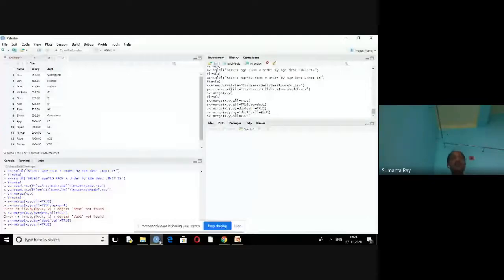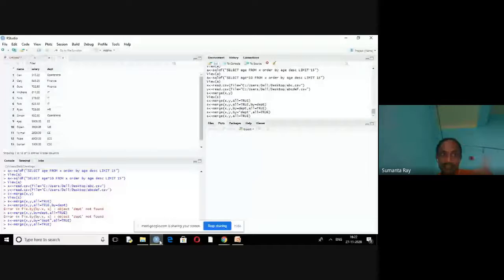Just take it in your mind that here the column should be the same for the two tables. The column used for merging will be a single column, but the others will be separated.